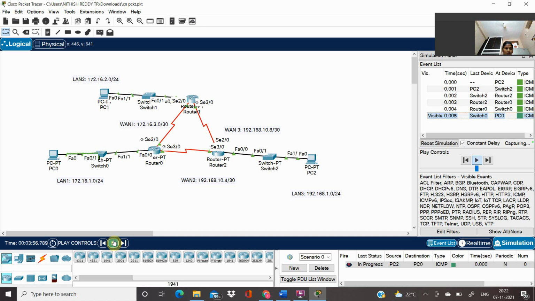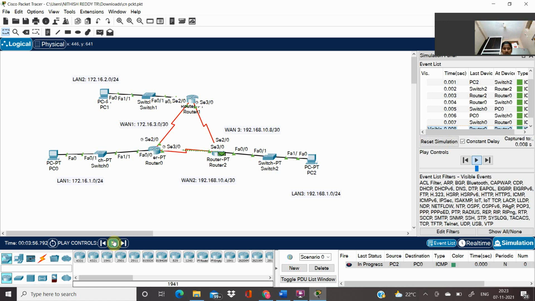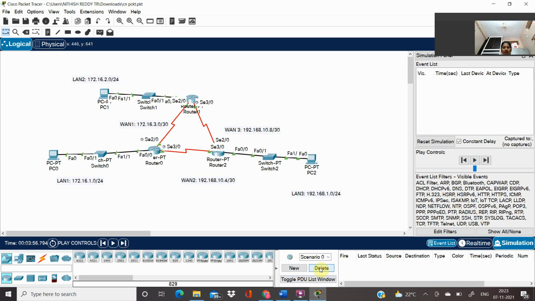and from switch 0 to PC0, and from PC0 the packet is sent back through the switch, and then from switch to router 0, from router 0 to router 2, and from router 2 to switch 2, and from switch 2 to PC2. Yeah, it's successful. Now I completed pinging from LAN 3 to LAN 1 and from LAN 3 to LAN 3. That is also successful. Now let me ping from